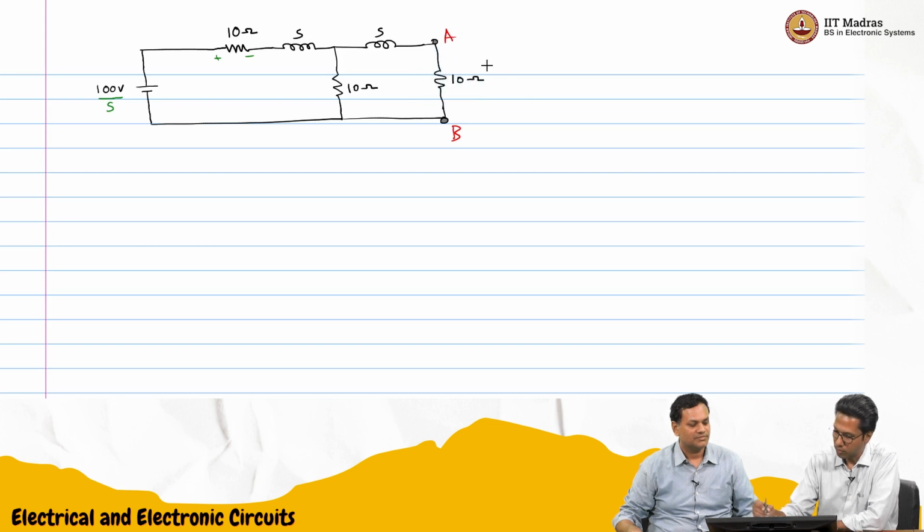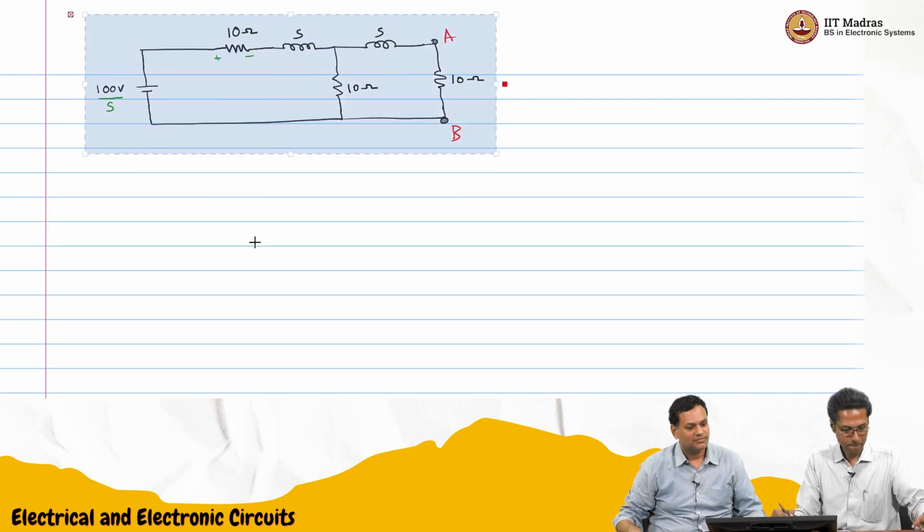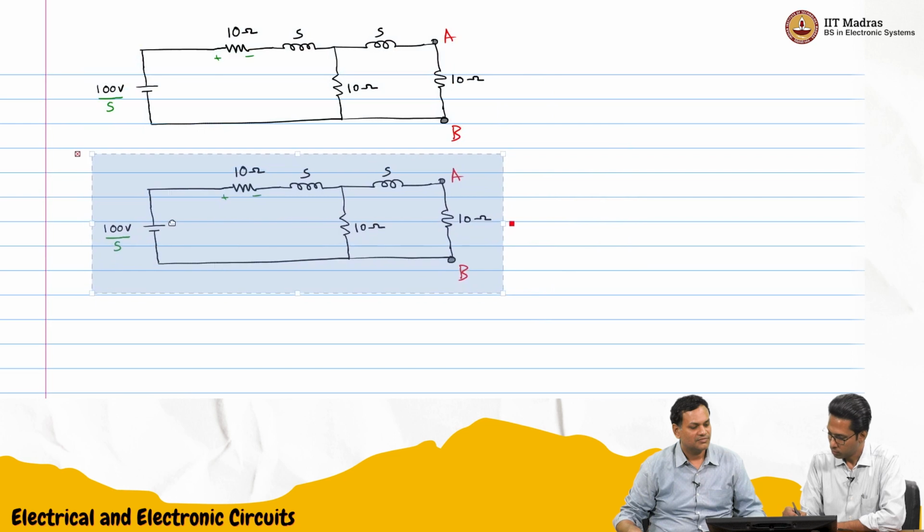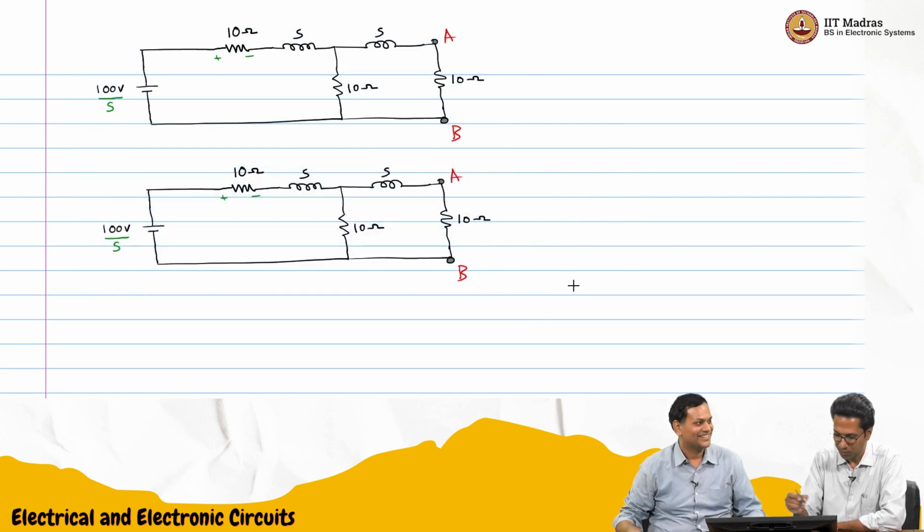I think that way it will not work like this. Maybe we'll just redraw it. So that is better. That will be a good revision for Thevenin also. So step 1, we remove this RL and find out